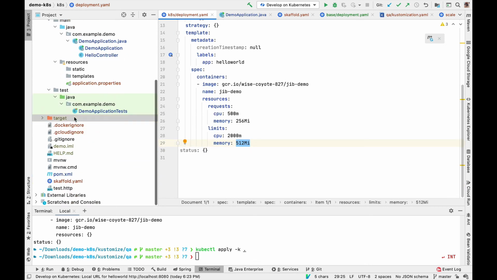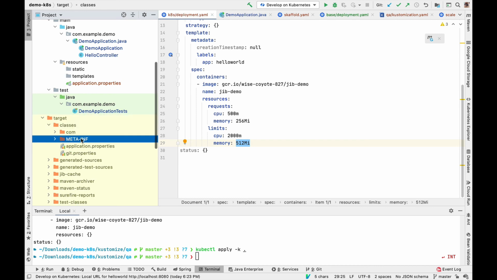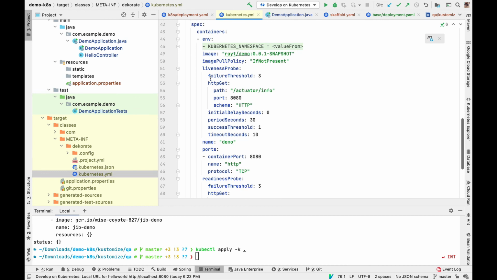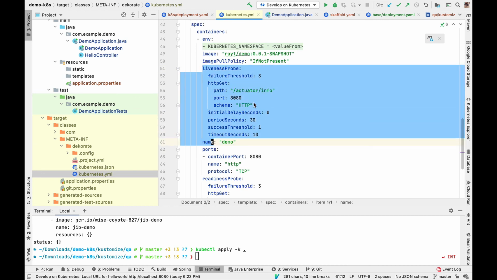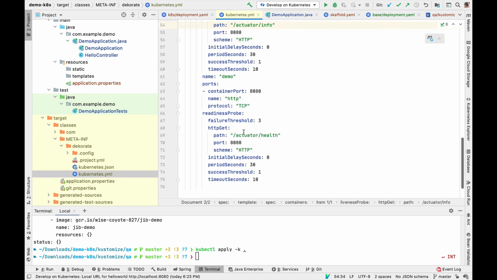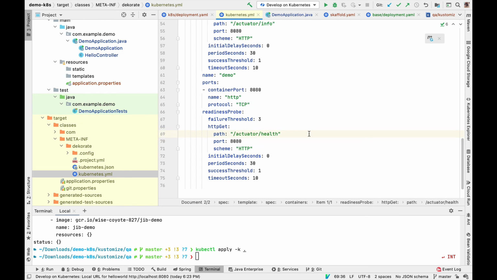Now, we actually have an example of this earlier where we generated the configuration, right? So in this case, using Spring Boot as an example, we can use some very basic endpoint that only returns 200 all the time, like here with actuator info, and we can use this as the liveness probe. And then maybe we can use the health check as the readiness probe, because our application is not really ready to serve until we have all the connections to the backend.